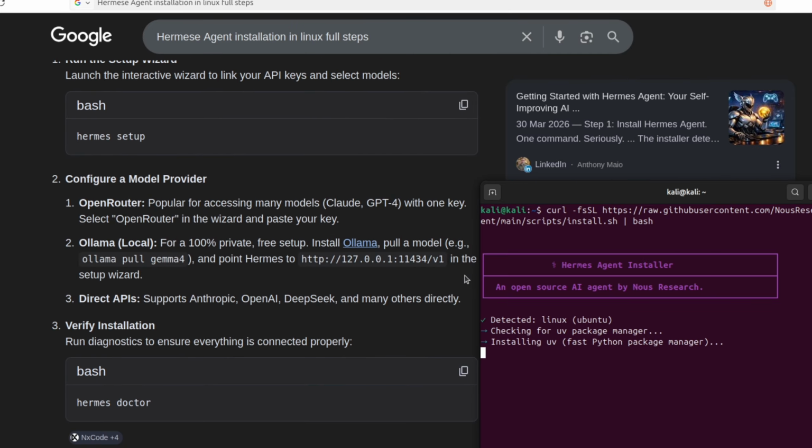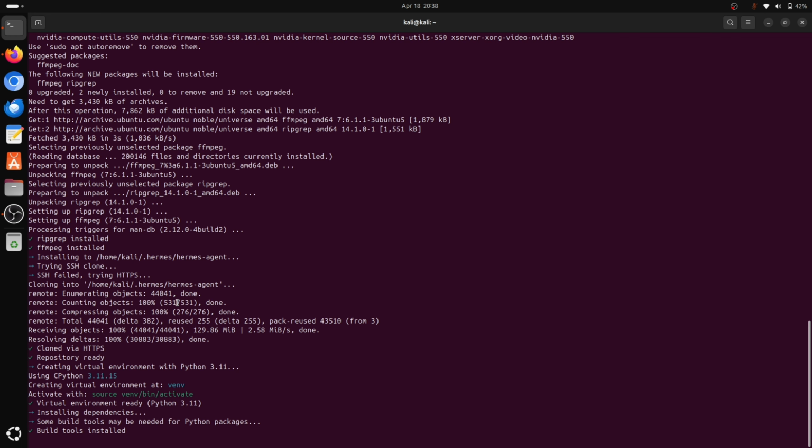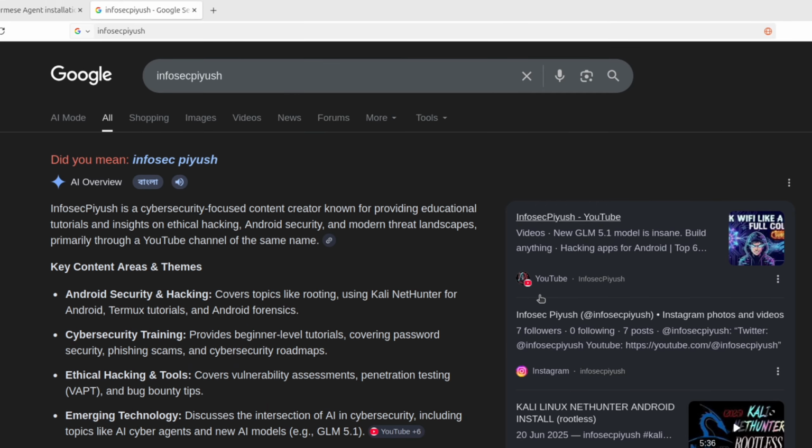So, how to install it in Linux, the full steps, you can just get from Gemini, but the original steps will include various options which you need to fill accordingly, as I have given the command and